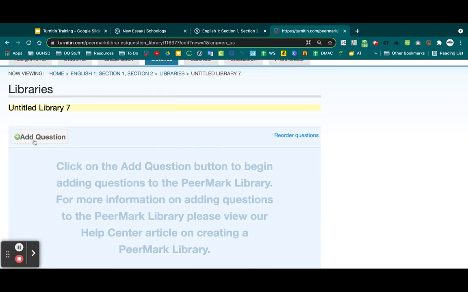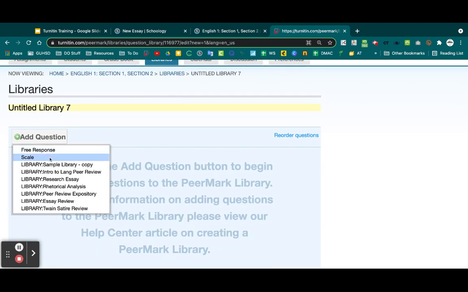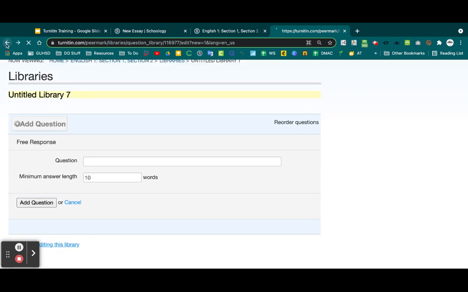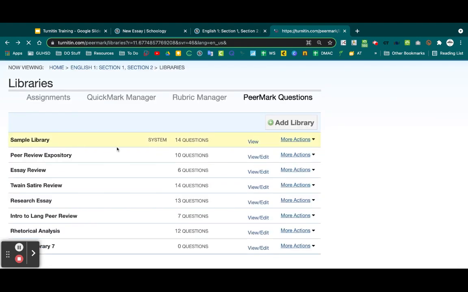And all you're doing is adding a question, whether you want it to be copied from an existing library, a free response, or a scale. So in free response, you type your question here. Perhaps you're requesting a minimum answer length, so perhaps at least 10 words, 20 words that a student must provide feedback on, and then you're adding that in. Or you can, let's go back,